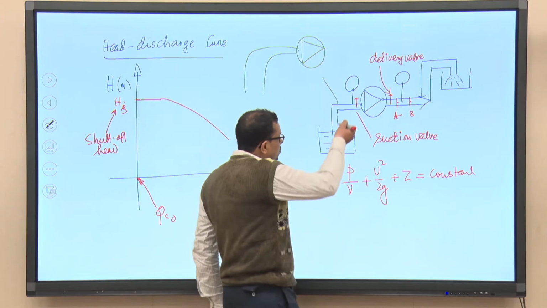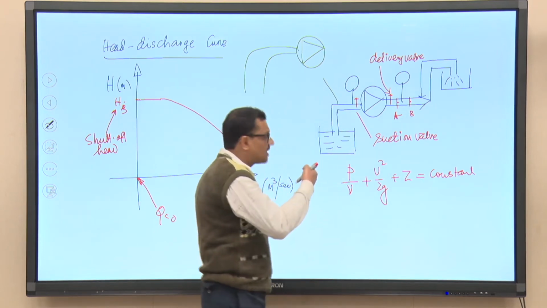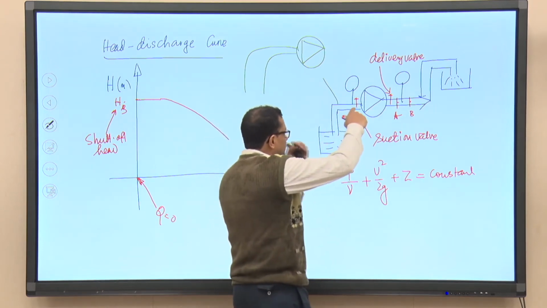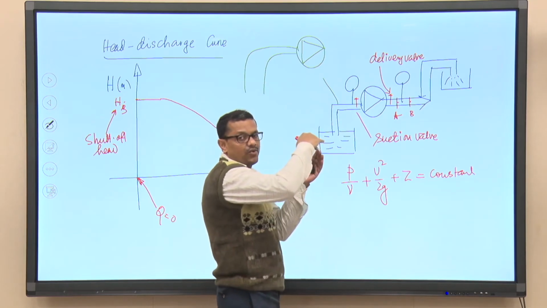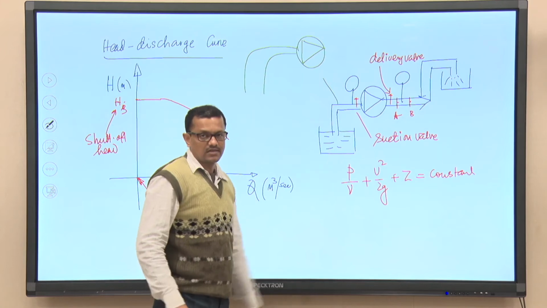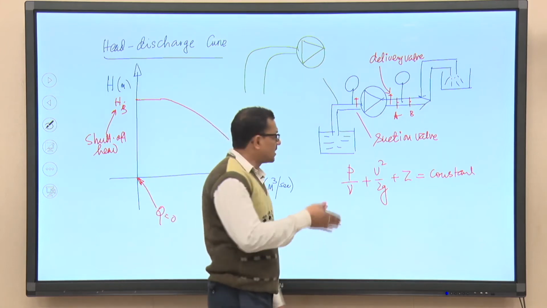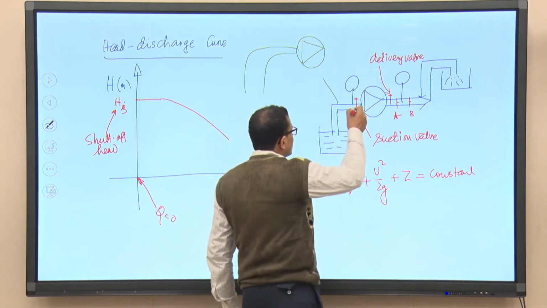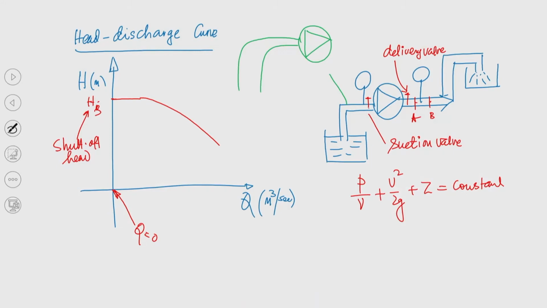So, pump is drawing water from a reservoir. It is not the case that the pump axis, that pump datum, is well below the water level of the suction reservoir, right. It is not the case, rather it is reverse. So, basically the pump datum is Hs distance above the water level of the reservoir.